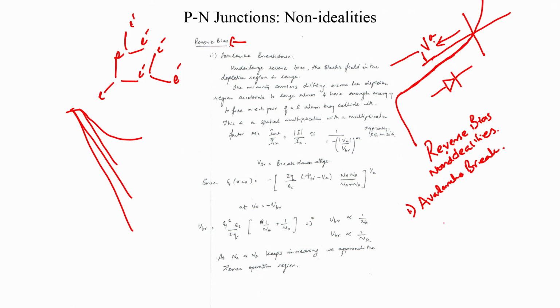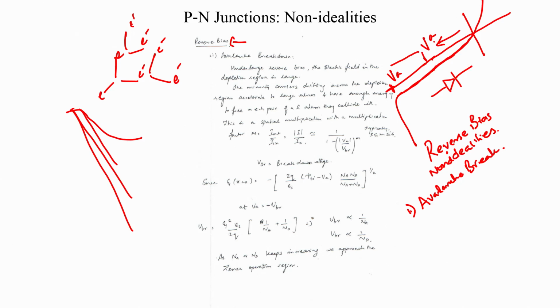So, this is a purely drift based mechanism, but your electron population increases dramatically because of this breakdown phenomenon, and therefore the breakdown voltage, the VA at which this happens,